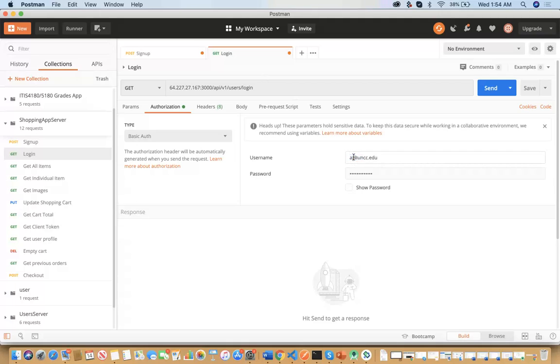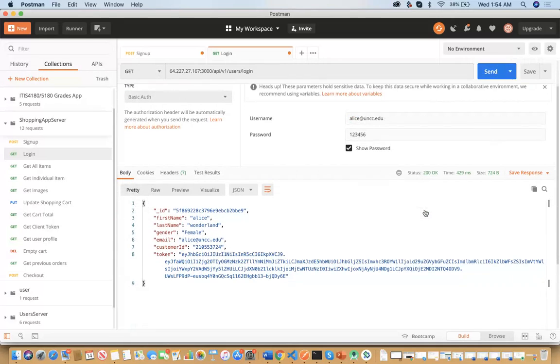So now let's try to log in with the new user that we have made using our login endpoint. Now, as you can see, upon logging in, again the user information along with the customer ID of Braintree will be returned, and also a token will be returned, which is a JWT token, which can be used for accessing further resources in the application.